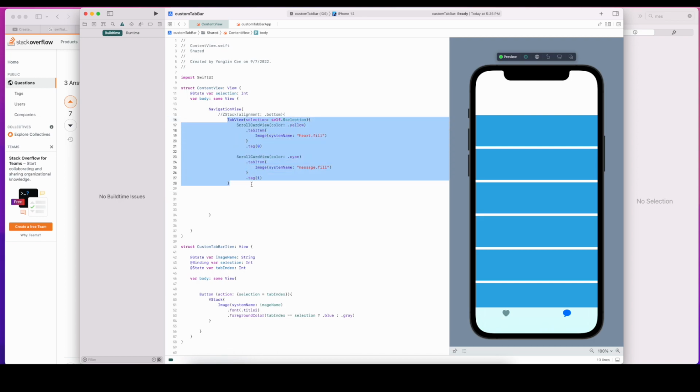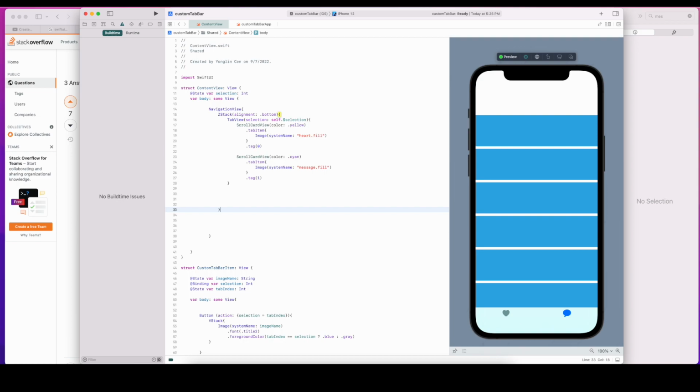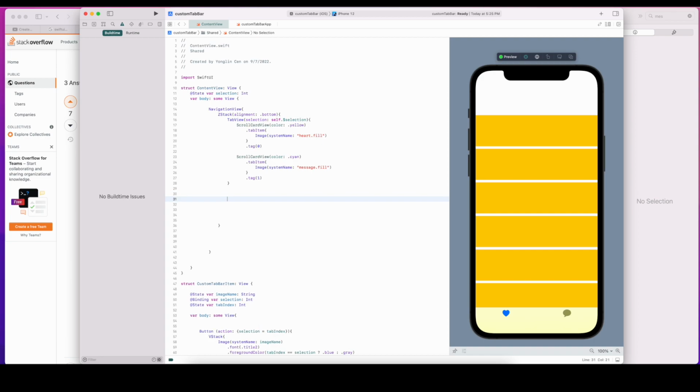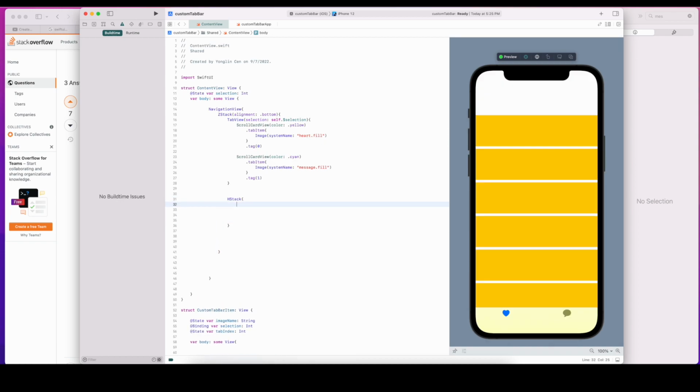Now I have this tab view code here, and what we need to do is embed it in a ZStack. So above this tab view, we need to have this tab bar. In the old-fashioned way, we're going to do it horizontally. Of course, you can do whatever you want, depending on the design. And now we will first have the first